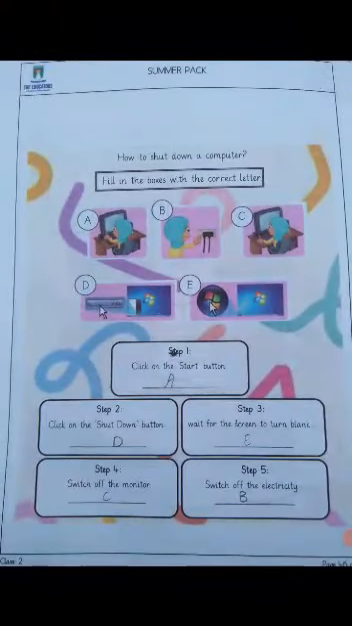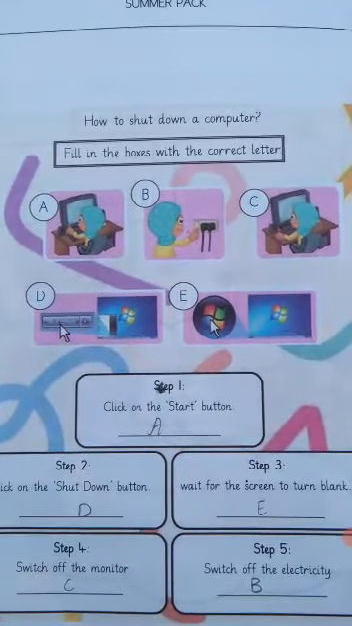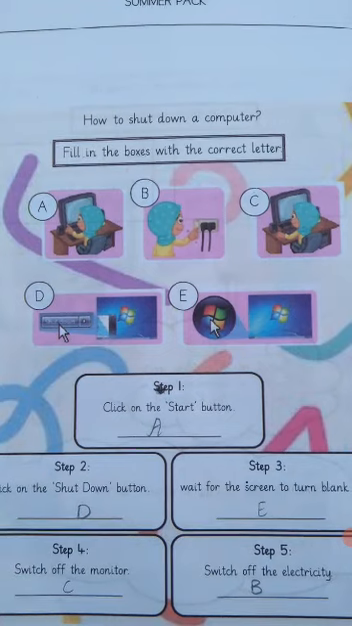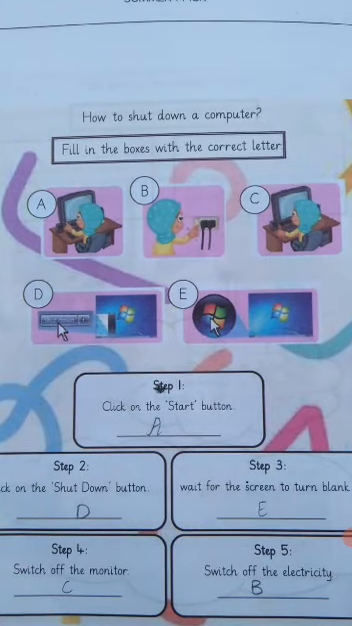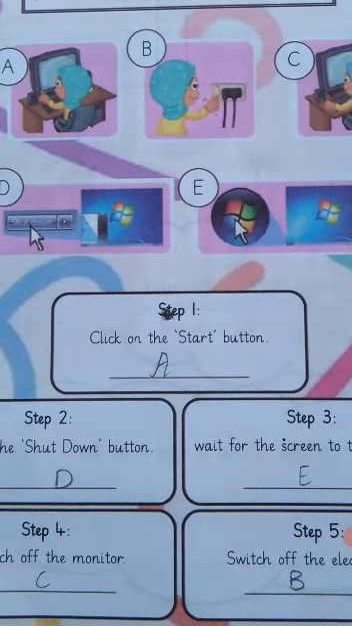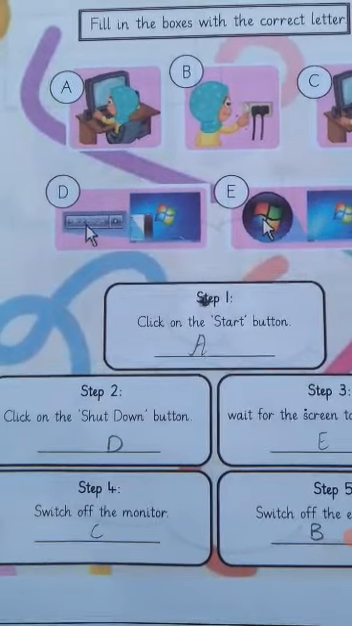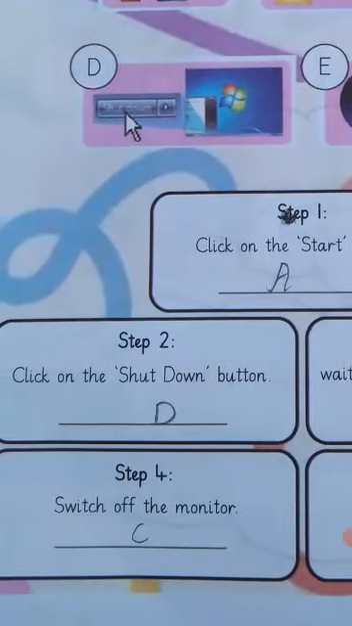Another activity is how to shut down a computer. Fill in the boxes with the correct letter. Here letters are mentioned: A, B, C, D, and E. So we will write the correct letter under these boxes. Step 1 is click on the start button, so we will write letter A. And in step 2, click on the